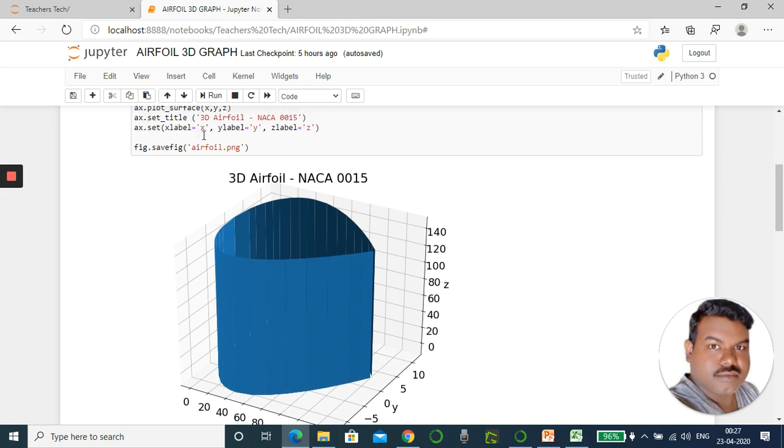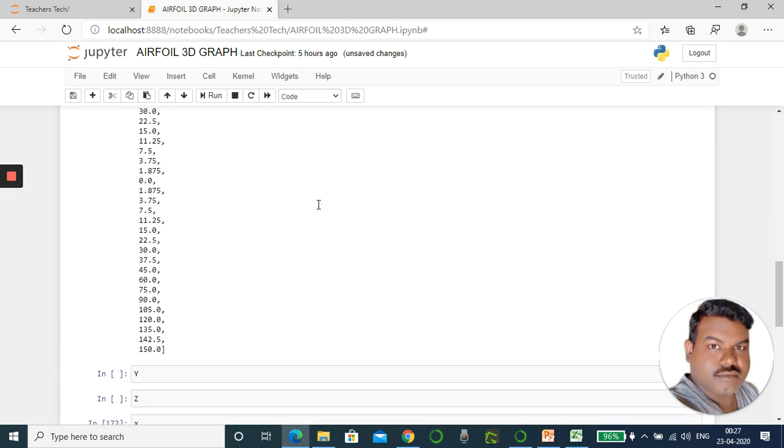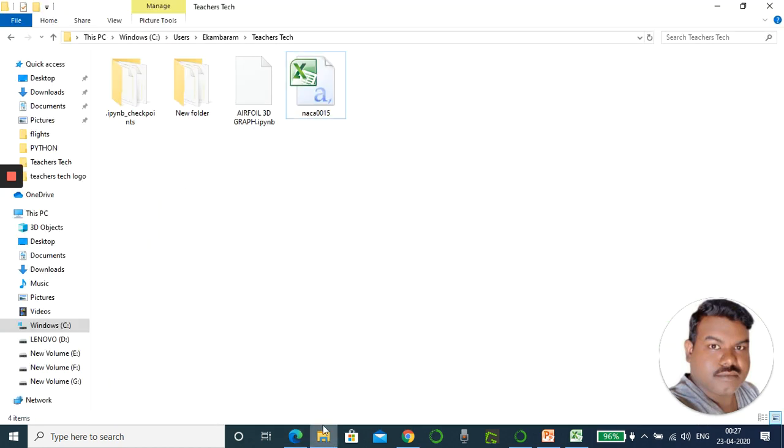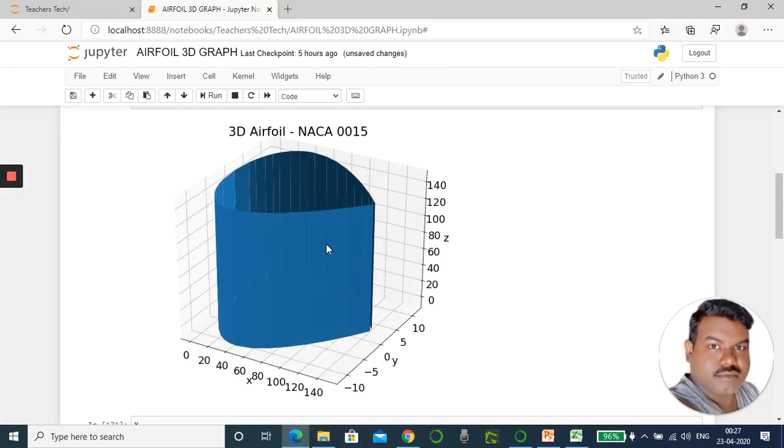After finishing all this, I want to export this file as a PNG. If you want, you can change it to JPEG. This is the command: fig.savefig with the file name. Once you run this command, you go to your root folder and you will find that particular file.